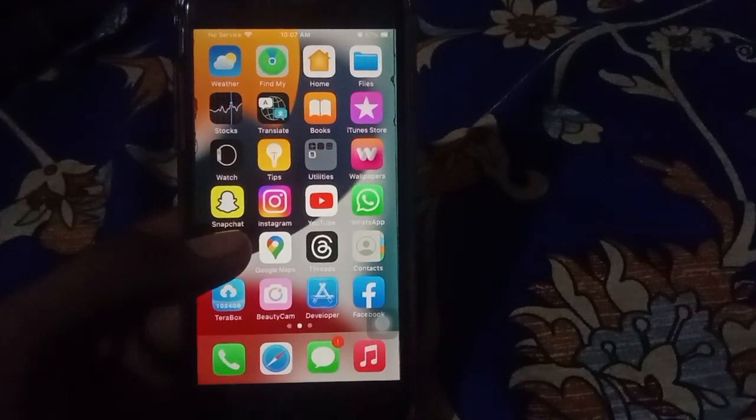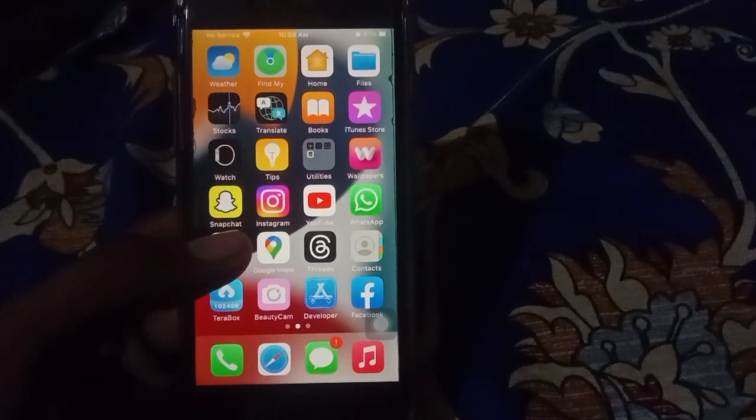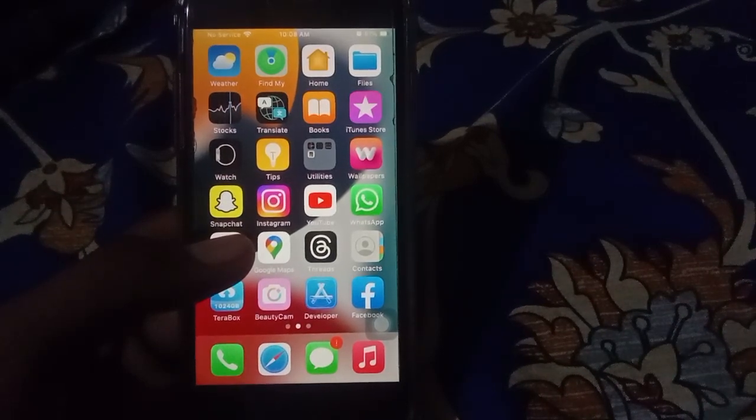Another useful and informative video about how to fix Shortcuts not working in iOS 17, on iPhone or iPad. So to fix this on iPhone,